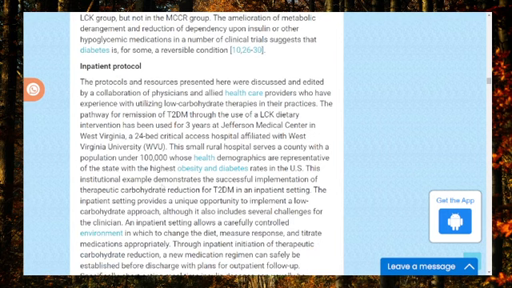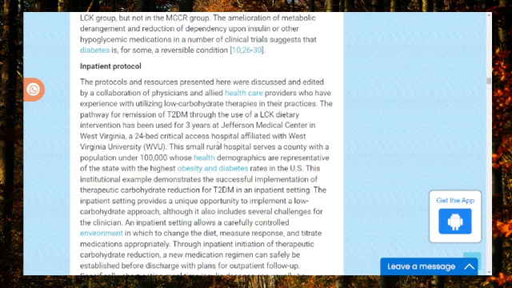Next section, inpatient protocol. The protocols and resources presented here were discussed and edited by a collaboration of physicians and allied healthcare providers who have experience with utilizing low-carbohydrate therapies in their practices. The pathway for remission of T2DM through the use of LCK dietary intervention has been used for over 3 years at Jefferson Medical Center in West Virginia, a